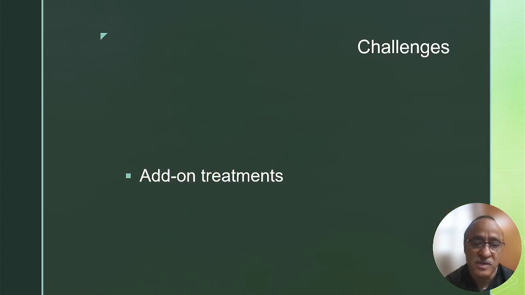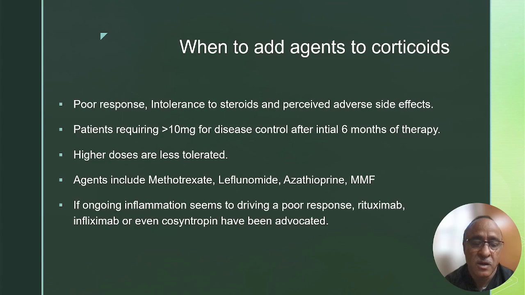What are the add-on treatments, the second-line and third-line agents? When there is a poor response to treatment, intolerance to the drugs, that is glucocorticoids, or perceived adverse side effects, or in patients who need more than 10 milligrams for disease control after 6 months of therapy, that's the time we think of using additional agents, second-line agents. We know for sure that higher doses are less tolerated, and the agents used can be methotrexate, leflunomide, azathioprine, or mycophenolate. If even after introducing these second-line agents there is evidence of ongoing inflammation driving a poor response, we may use